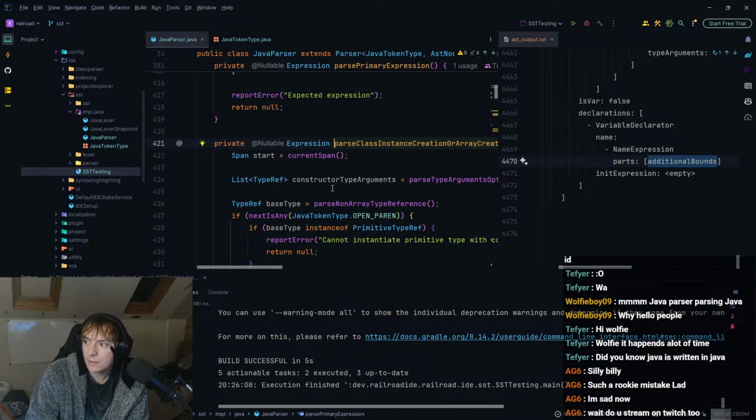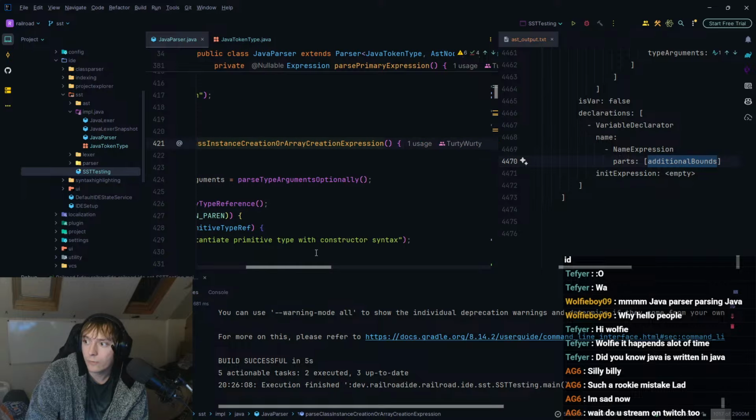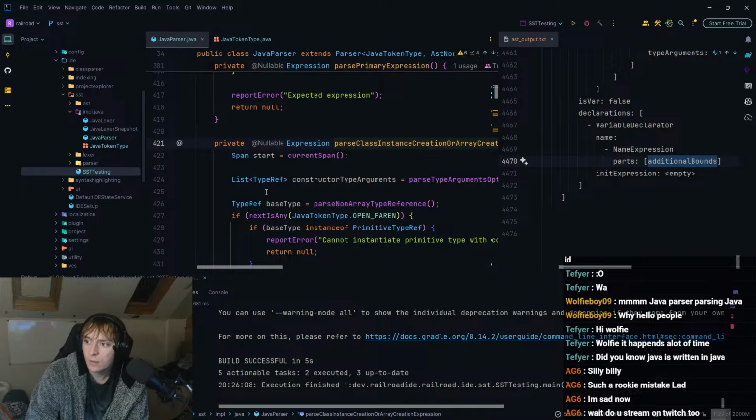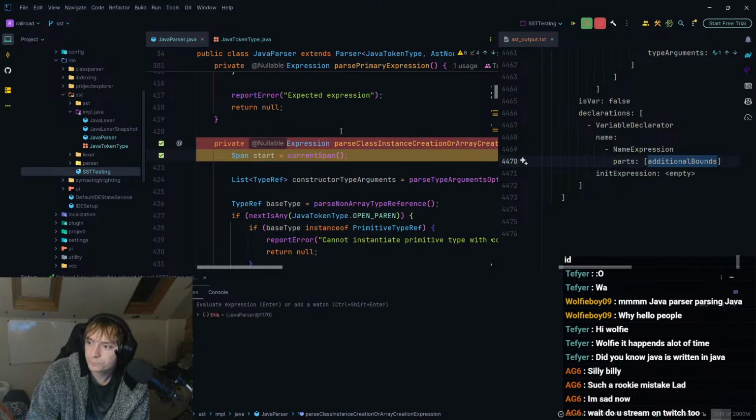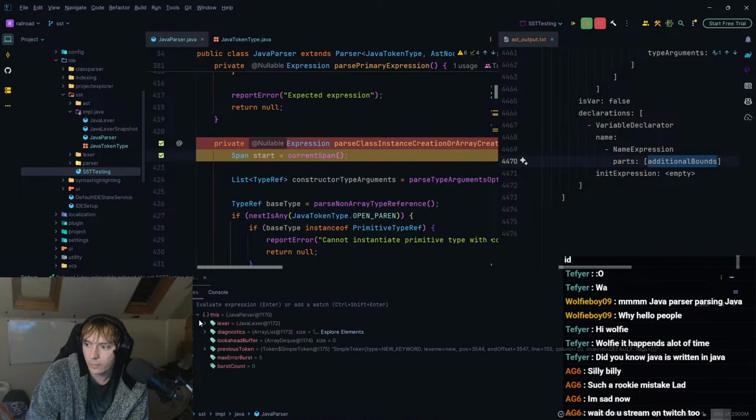So pass class instance creation or array creation expression. Okay, so it should then pass. Okay, let me actually breakpoint that. Yeah, let's breakpoint it. And just see where we are right now.